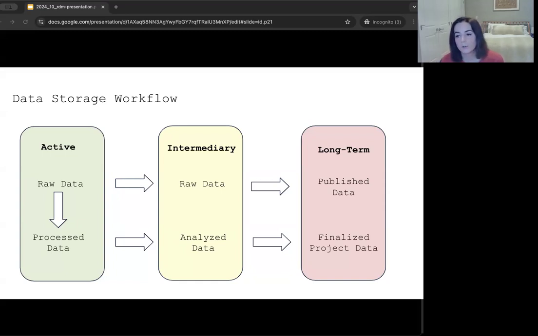Soon after you generate or acquire raw data, you will then move it to a more intermediary location so that the raw data remains protected and separate from your analyzed data. Once your data has been analyzed and you're no longer frequently accessing or modifying the data, it could then get moved to a long-term storage option. Data that should be moved to long-term storage includes any data associated with published data sets, data associated with finished projects, archival data, or data associated with lab members who are no longer with the lab,